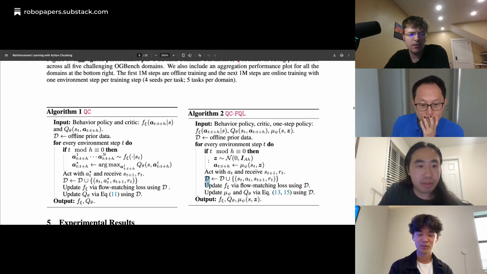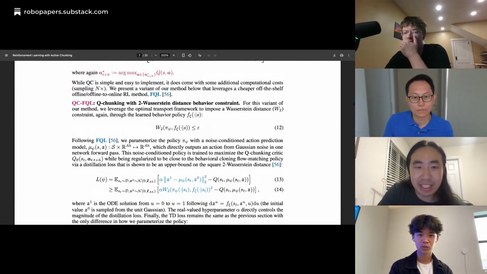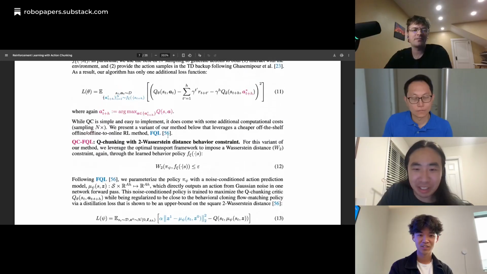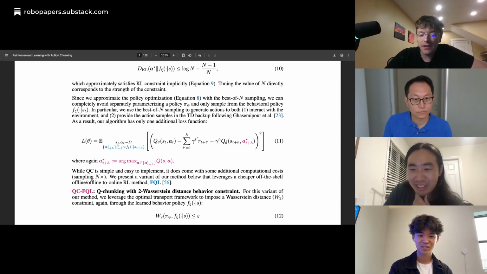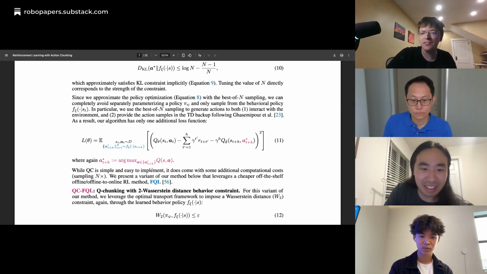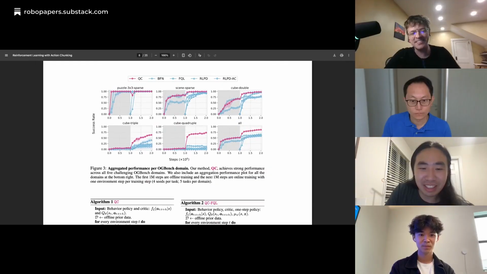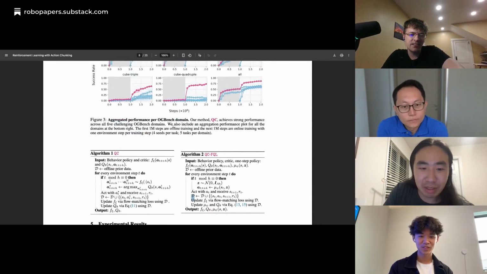Yeah. So along that line, we have a little bit more mathematical justification of what the behavior constraint means here. We can go into more detail if you guys would like. I'd be curious to know how the behavior constraint is implemented, to talk more about that. But maybe we could go to the experiment results and talk about this part first. Yeah, let's do that. Okay, cool. All right. So yeah, let's just talk about results maybe.